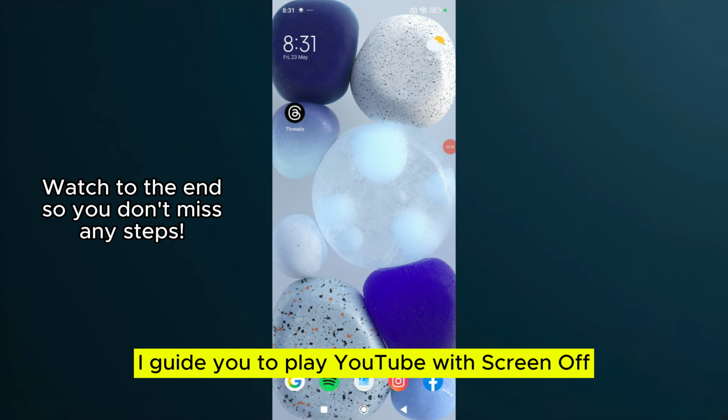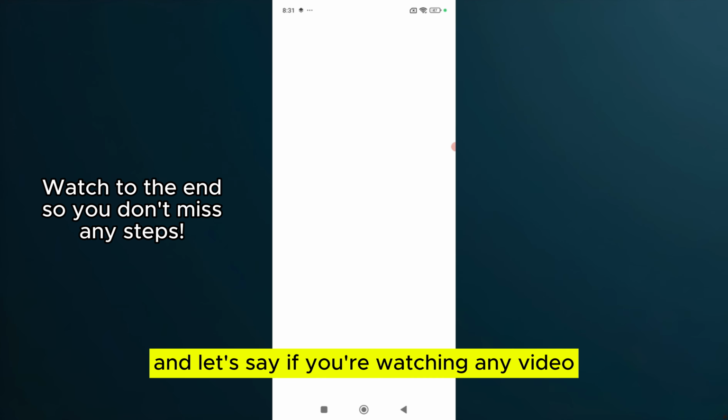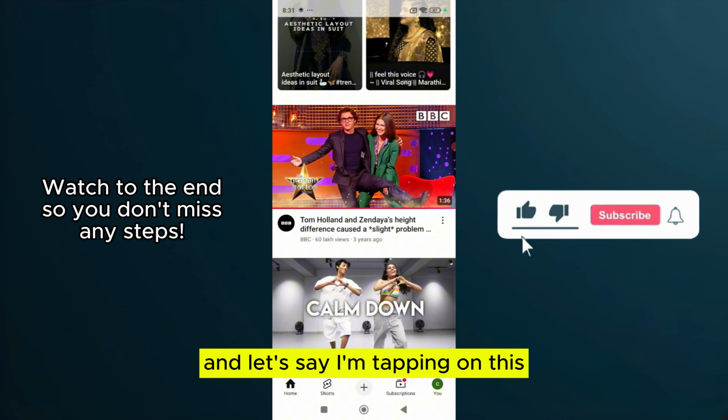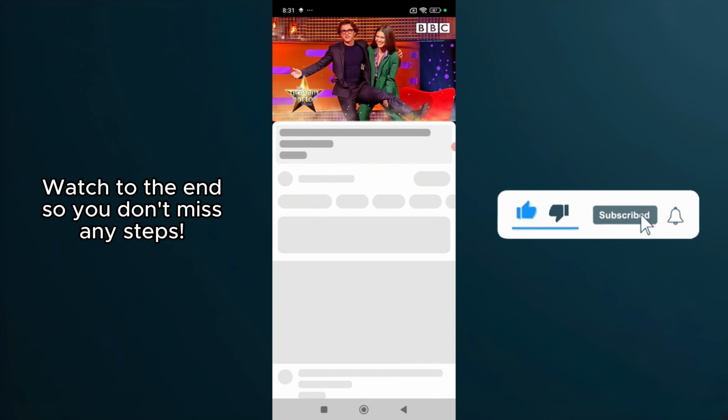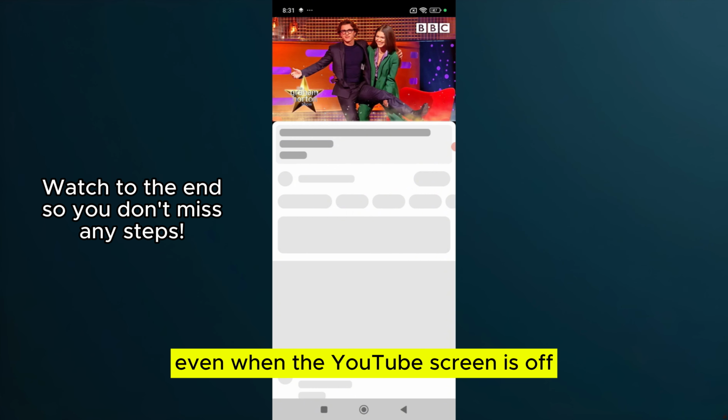Guide you to play YouTube with screen off. For that, let's hop into YouTube. And let's say if you're watching any video, and let's say I'm tapping on this. Now, if I need this to be played even when the YouTube screen is off,